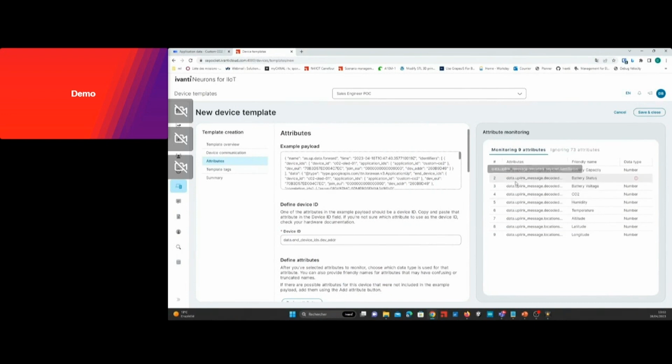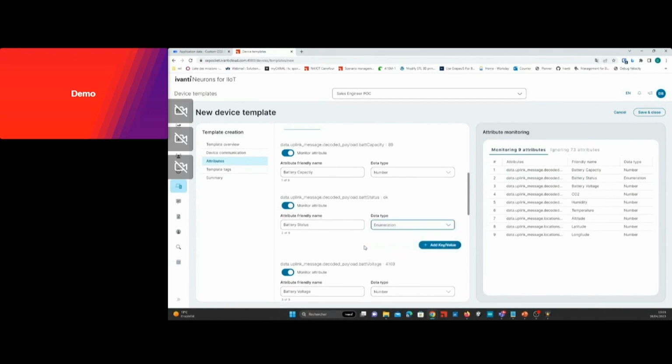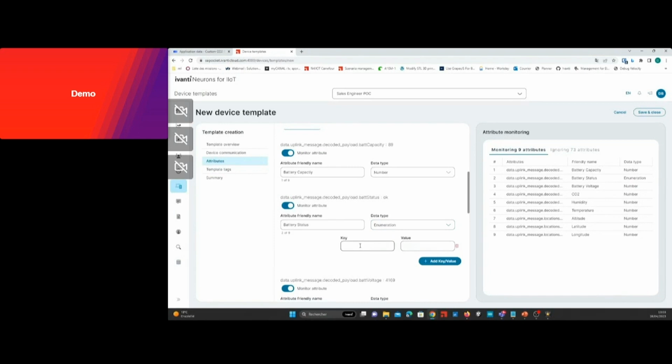I just want to go into detail for this attribute, which is battery status, because battery status is an enumeration, and we will use this case to discover how enumeration works, because we didn't cover that in detail in the last video. So I will select enumeration, and you see that I can define keys and values. To know what to put in the key and value fields, you will have to refer to the documentation. By looking at the documentation of this device, we know that the battery status can be one of the following values: